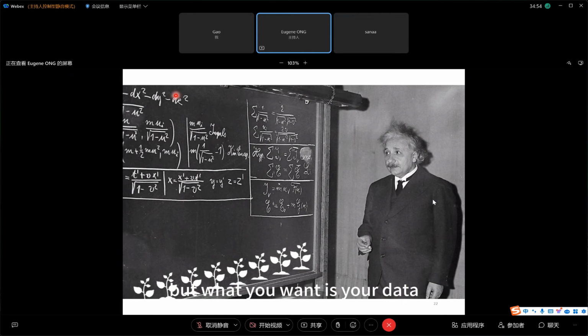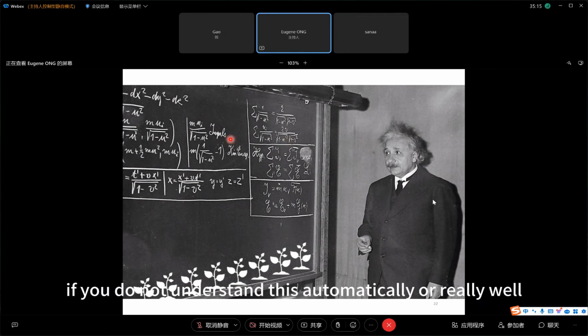But what you want is your data, and you do not want to see what the background is, because that will distract them, especially if your data could be important data, but if there are too many components, then by adding something else,